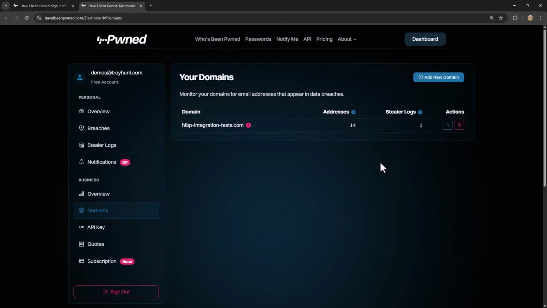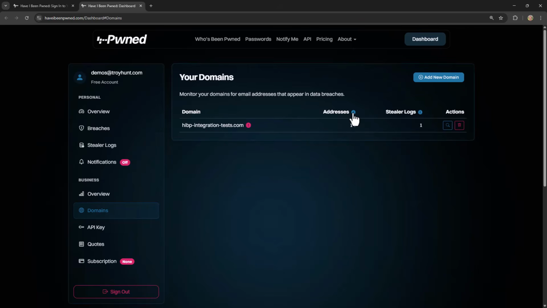Now anyone can do this. This is purely a test domain. There is no necessity to verify. This enables everyone to play with the feature without even needing a subscription. As soon as you add your domain, whether it be the test domain here or your own legitimate domain, you'll